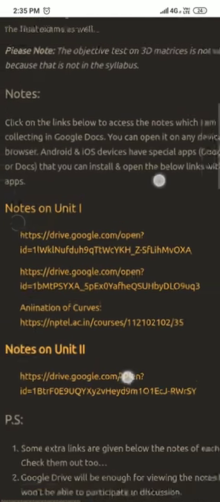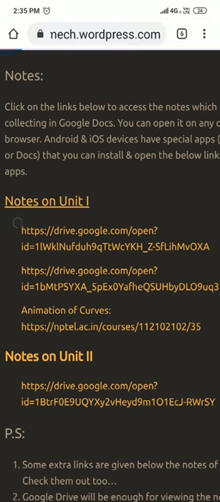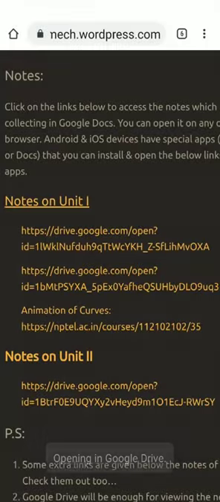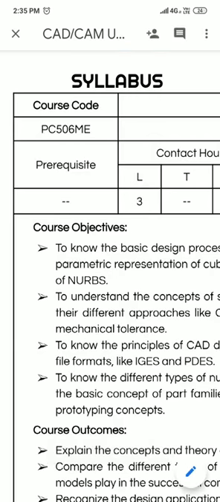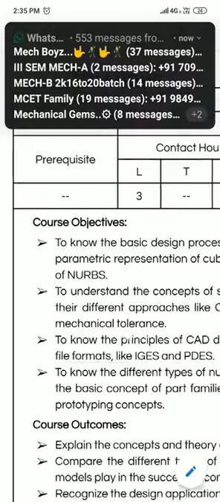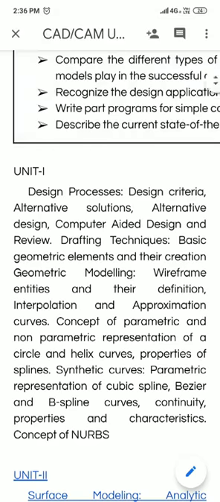And below you can see notes on unit 1. Notes on unit 1, if you tap, it will open the file. If you have Google Docs, it will open in Google Docs. If you don't have Google Docs, it will open in Google Drive. Then when you slide down, in unit 1 you can see there is no link because this is the unit 1 note